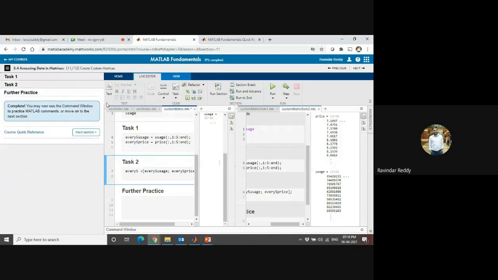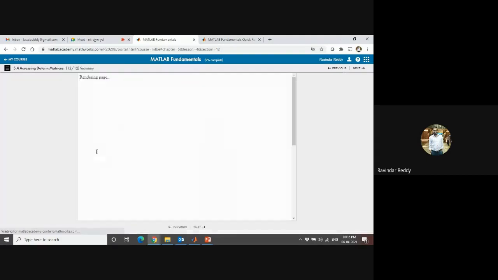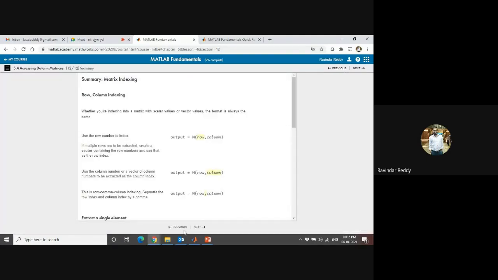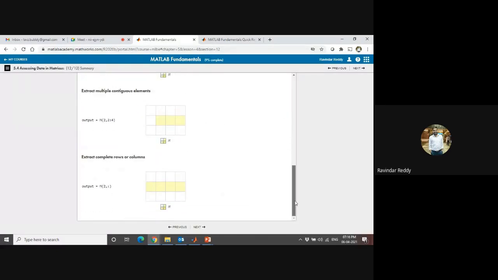So this is how you have to create your custom matrices from this command system. So this is like rows and columns, how we define that column system. This is some theory. So once you have the freedom,